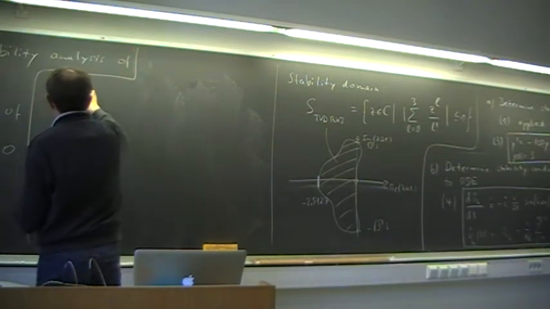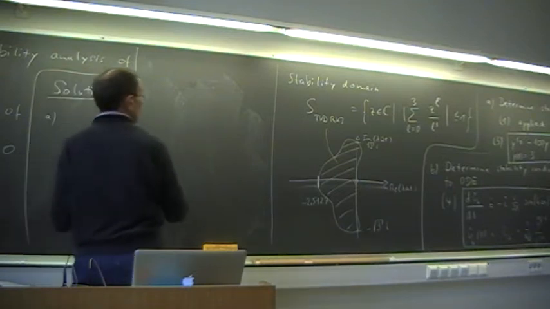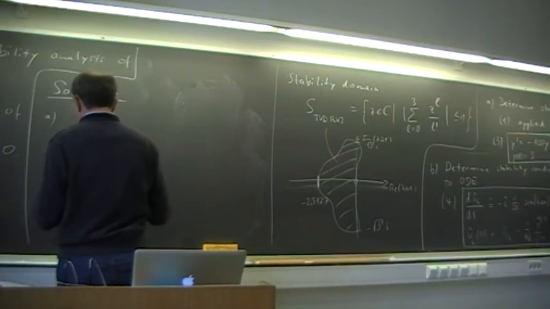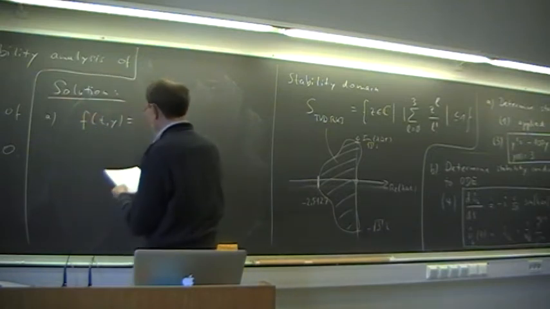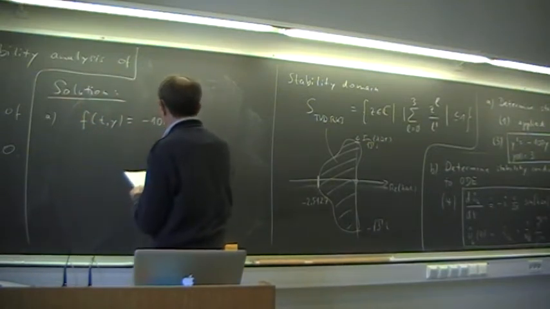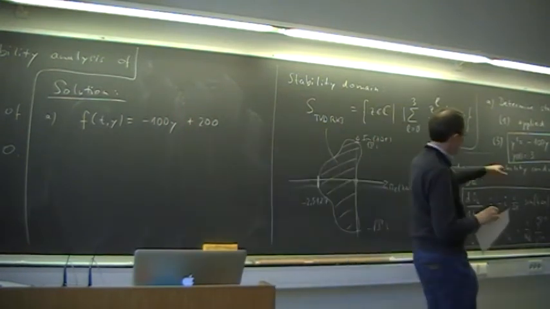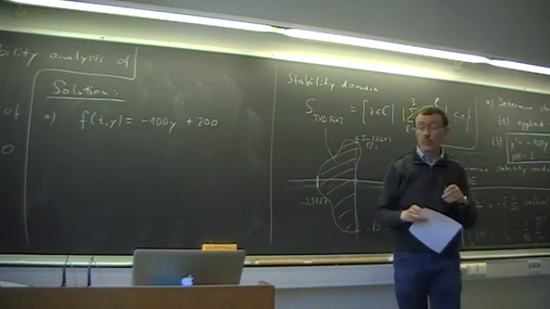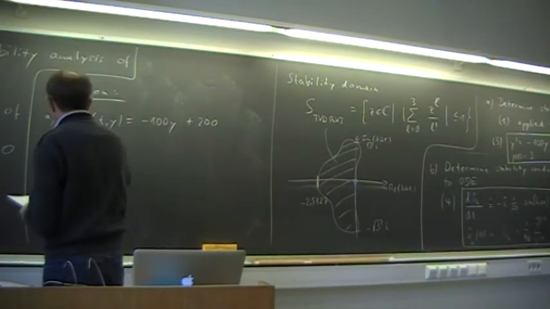Solution A. We have the right-hand side of our ODE. We can write it in this form: minus 100y plus 200. That is our right-hand side of the ODE, the way we usually write an ODE. And the connection to the test equation